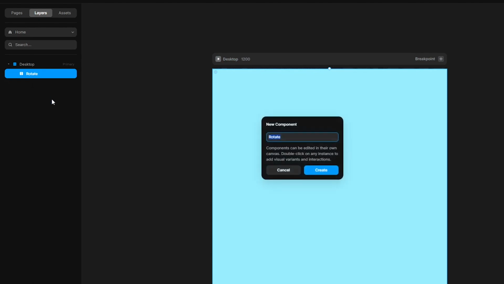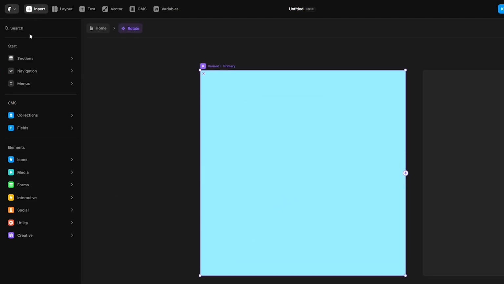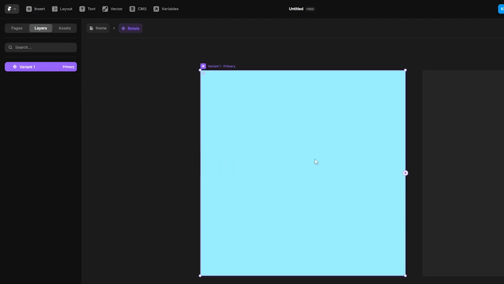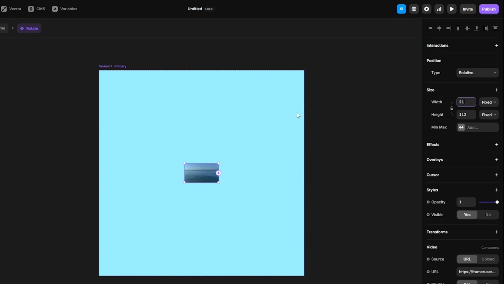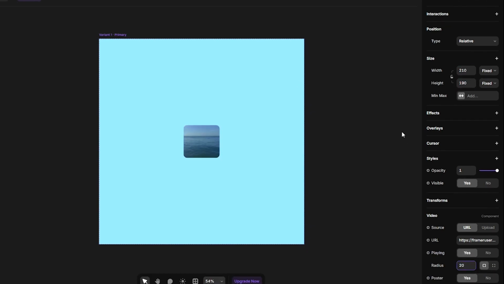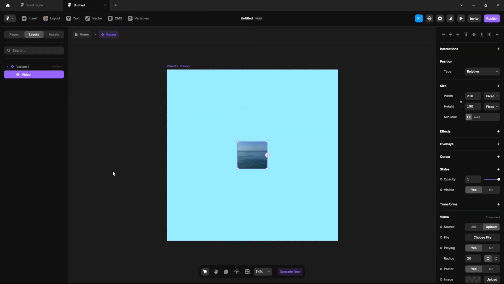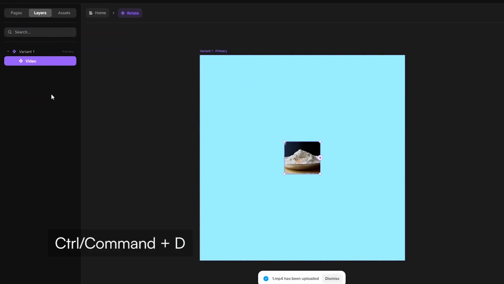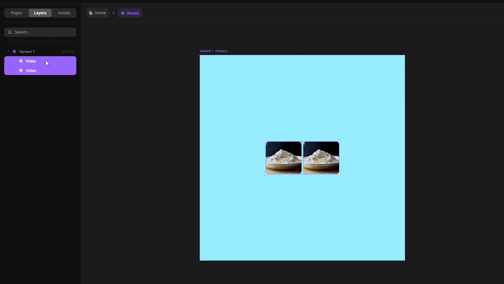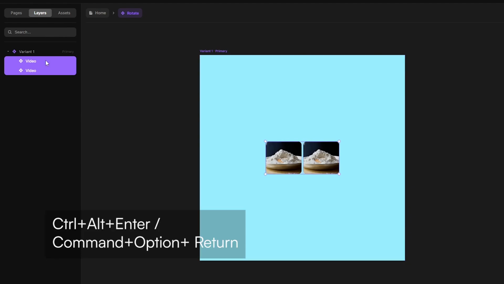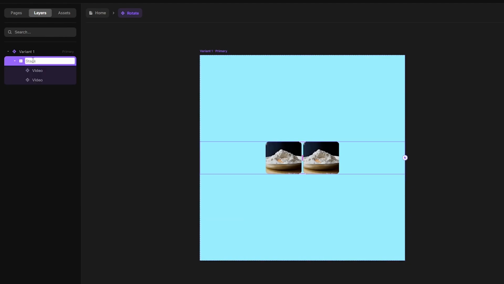on it, create component, go to insert, search for video, drop it here, set the width 210, height 190, add some radius 20, click upload, choose file, upload our video. Then press Ctrl+D to duplicate this, select both, wrap them in a stack by pressing Ctrl-Alt-Enter, name it 1, set